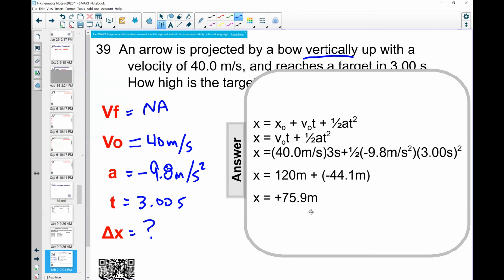Now, I do want to encourage you and reinforce this fact. You don't necessarily have to choose a certain equation. If you choose the quote unquote right equation, it just makes things easier and more efficient for you. If you choose the quote unquote wrong equation, it just means you might have to do a 2-step problem. And it's not really wrong. It's just going to give you more work and be less efficient.